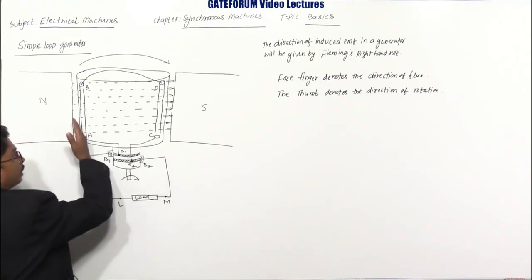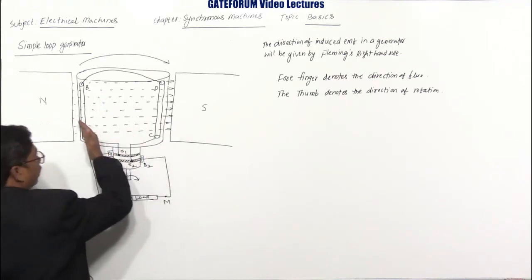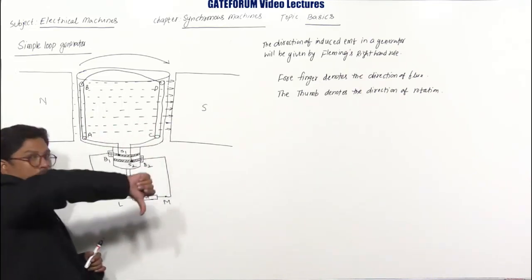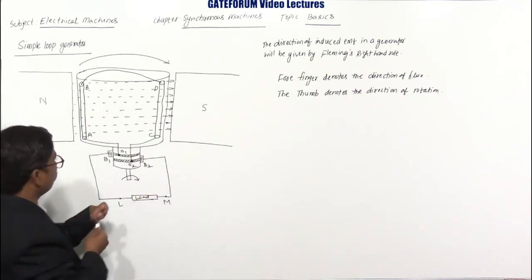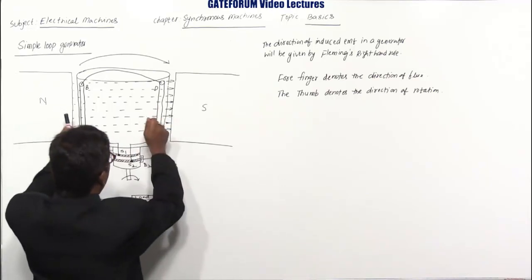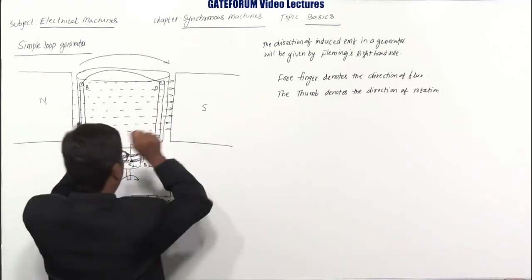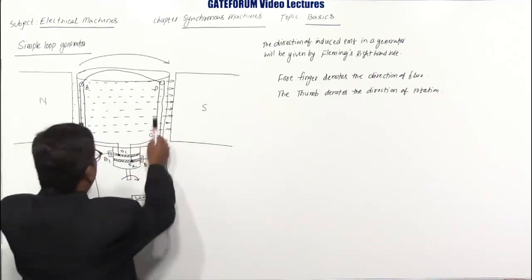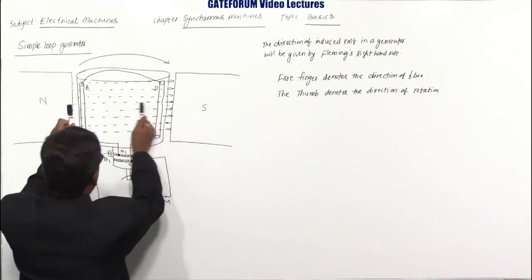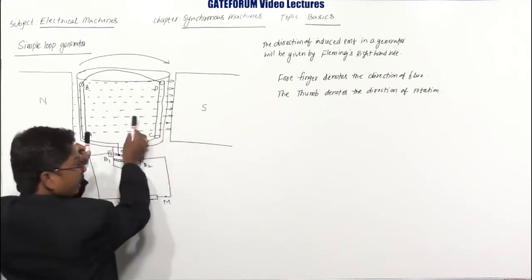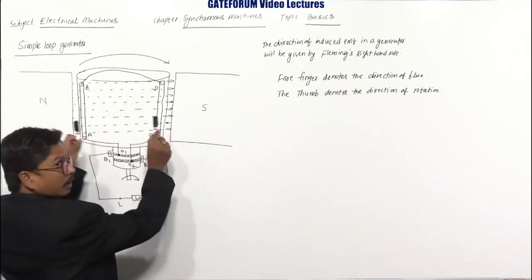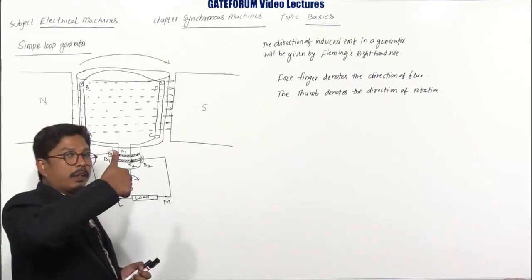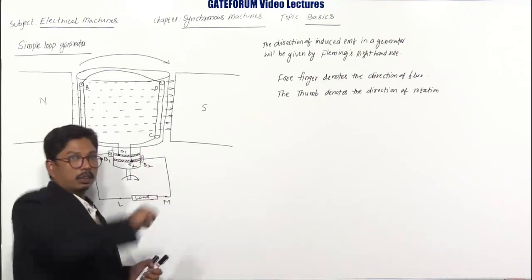As one conductor is moving upward and the other conductor is moving downward, show the upward one as upward and the downward one as downward. So this is the total simple loop. If you are having two conductors like this, when you are rotating this, the total system will be moving like this, so that one conductor is moving upward and one conductor is moving downward. Show the upward conductor with the thumb upward and the downward conductor with the thumb downward.